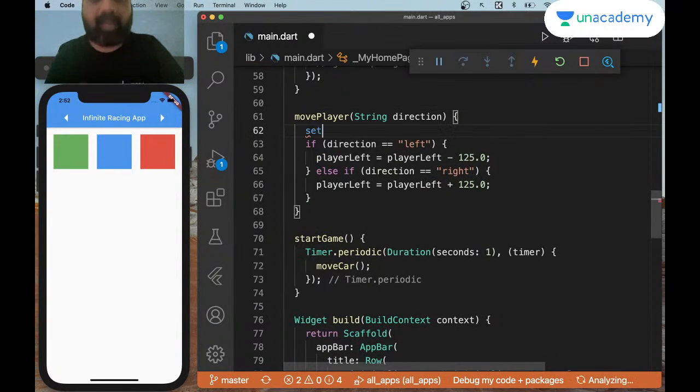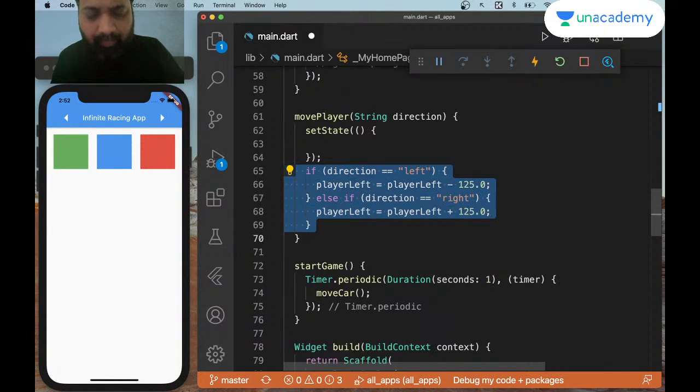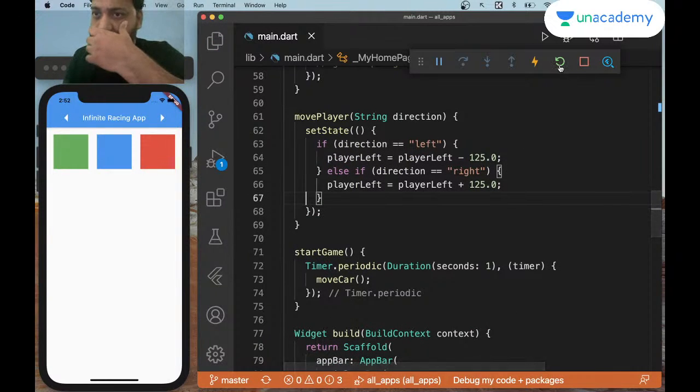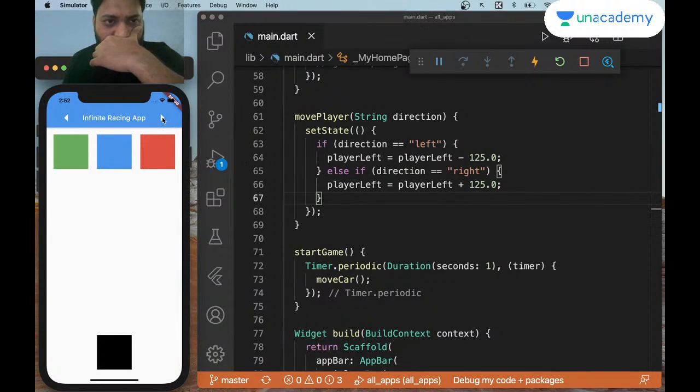Like I said, again, we have not used the set state function here. What does set state do? It refreshes the screen instantly and sets the value. Let me restart this, okay, and start with this black box here. Now if I click the right button,